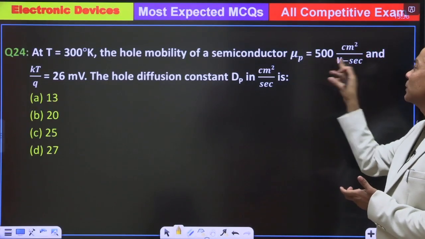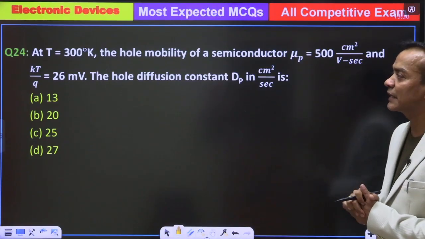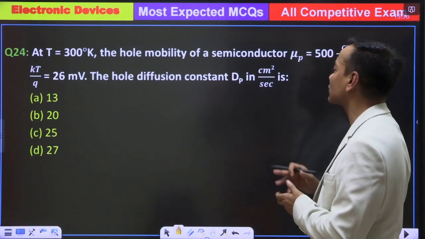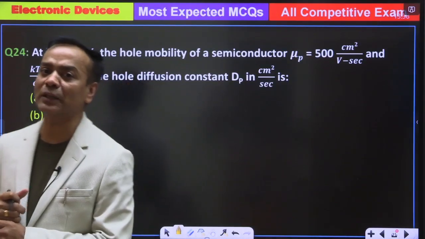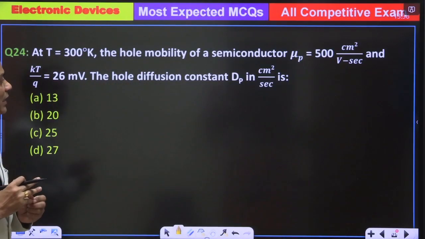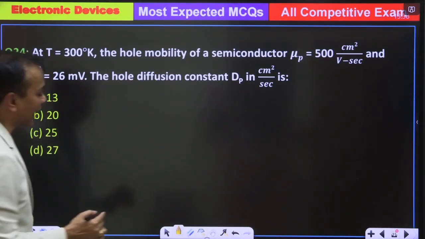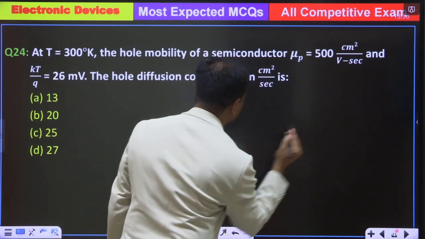So next is, at T is equal to 300 degree Kelvin, the hole mobility of the semiconductor mu P is equal to 500 centimeter square per volt per second, and kT by q is equal to 26 millivolt. The hole diffusion constant dP in centimeter square per second is. So in the previous video already I had explained about the Einstein relationship. So as per the Einstein relationship, what we can write here,